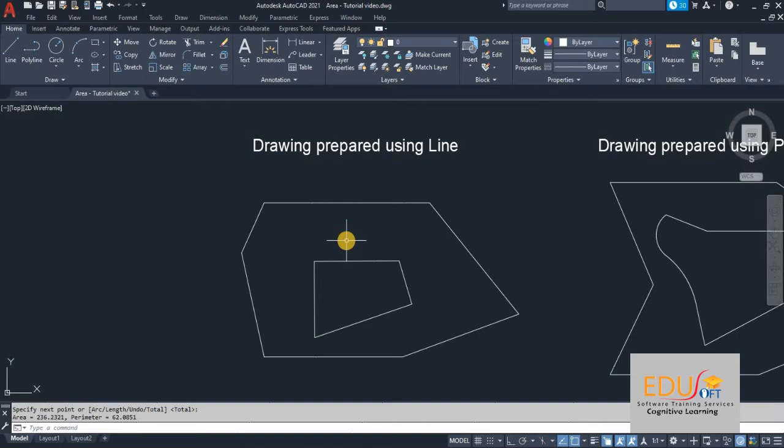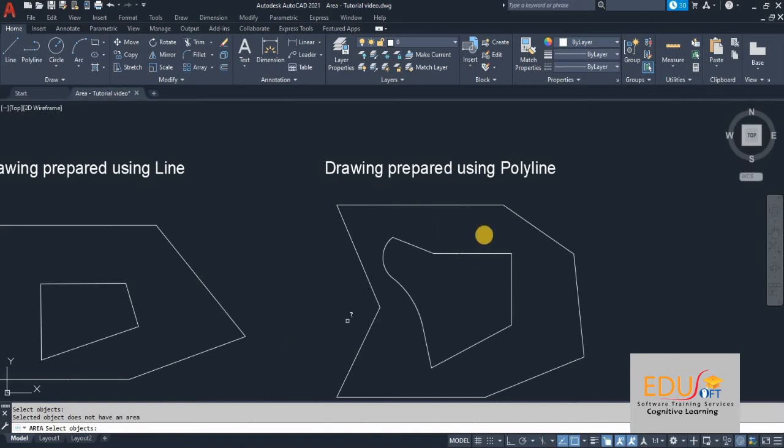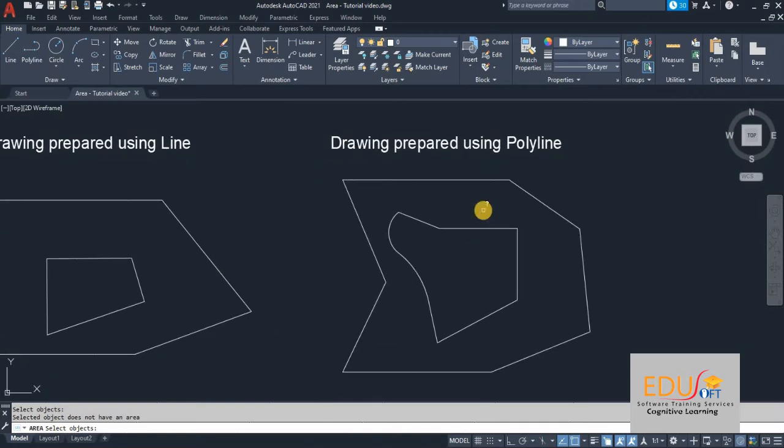Now let us take the area command once again, but this time we will go with the sub option Object. We will now try to select the objects which we have drawn using the line tool. Here you cannot select the objects, but try to select the objects prepared using polyline.